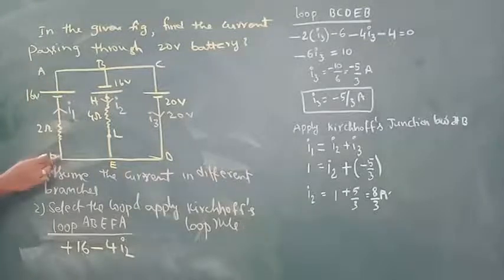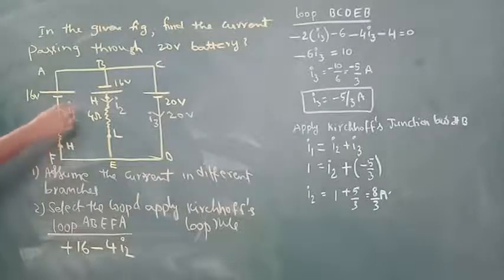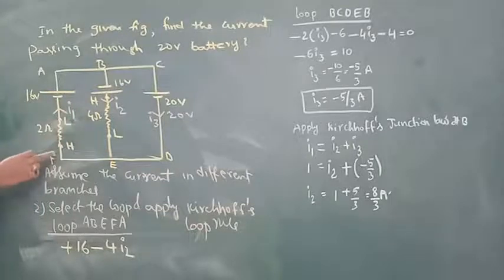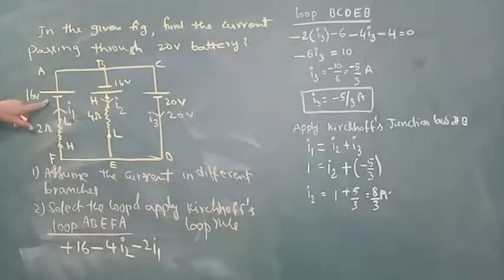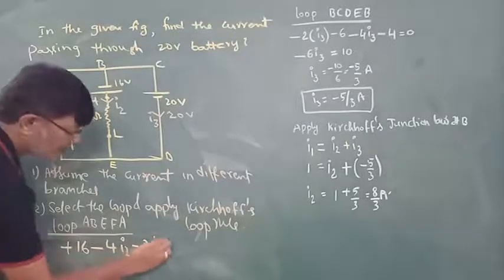Current is flowing from F to A, therefore this is the higher potential point, this is the lower potential point according to this direction of current. So while crossing the resistor, he finds a potential drop because he moves from higher to lower, so minus 2I1. Next, while crossing the cell of 16 volt potential difference, he moves from lower to higher, so plus 16 volt